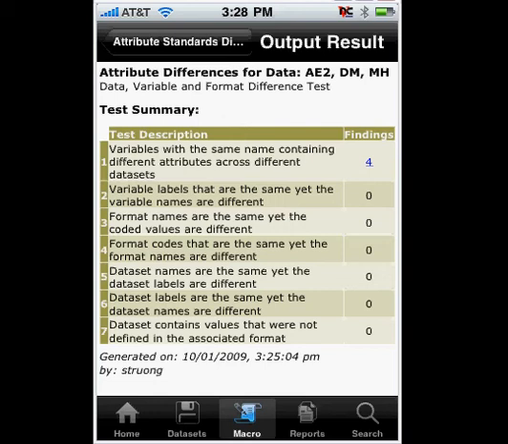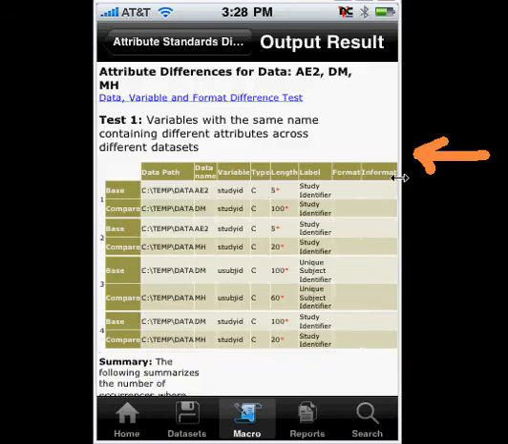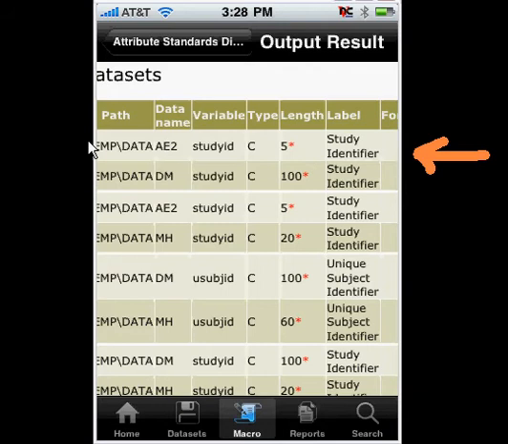One of the goals of data standards is to ensure that all the variable attributes are consistent across different datasets. This example report shows that there are 4 findings that are different. So if I were to tap on that number 4, it drills down to a detailed report where it shows me that for these 2 different datasets, AE and DM, there are actually the same type, however the